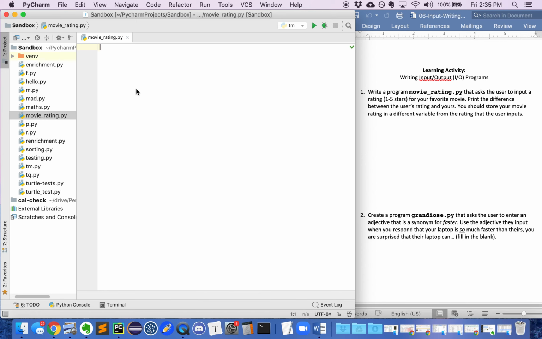I'm using PyCharm, and I have a sandbox project where I keep all of the work that I use for my learning, where I'm exploring working with Python. These programs are just for me. So I created a new program, movie rating, and you can see I'm very carefully following the directions in the